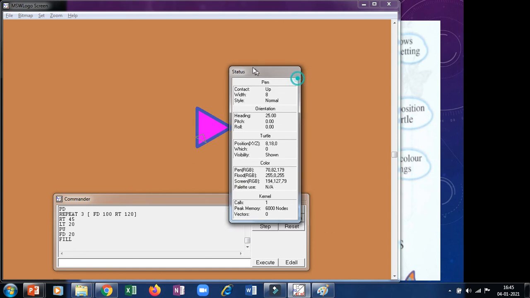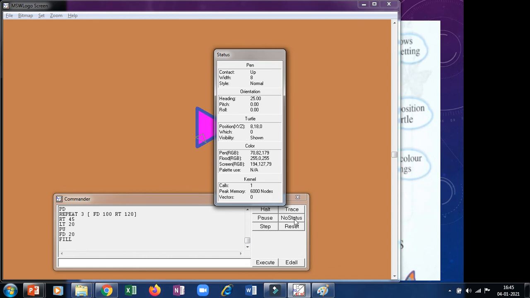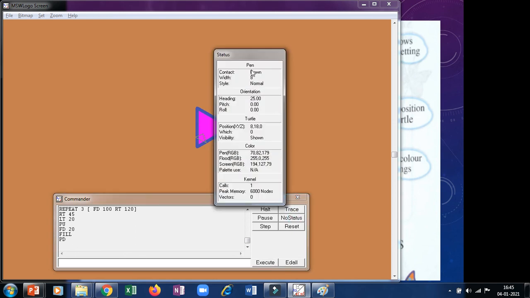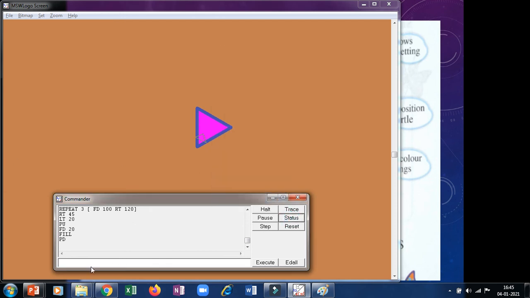And if we don't want to see the status, we have to click on this same button that has changed to no status. Now let us make the turtle pen down, and let us see the status again. Okay, so now the turtle is pen down. Then click on no status to remove the status window. Understood today's topic? Let us clear the screen.